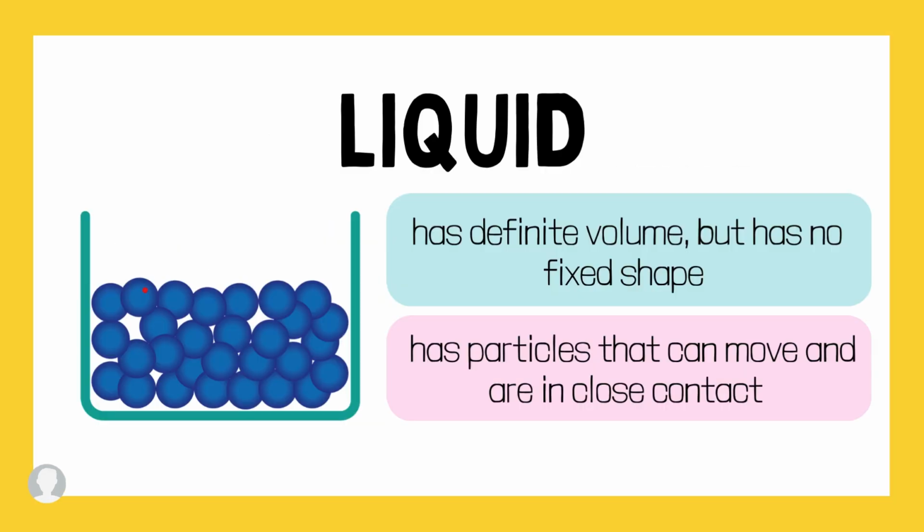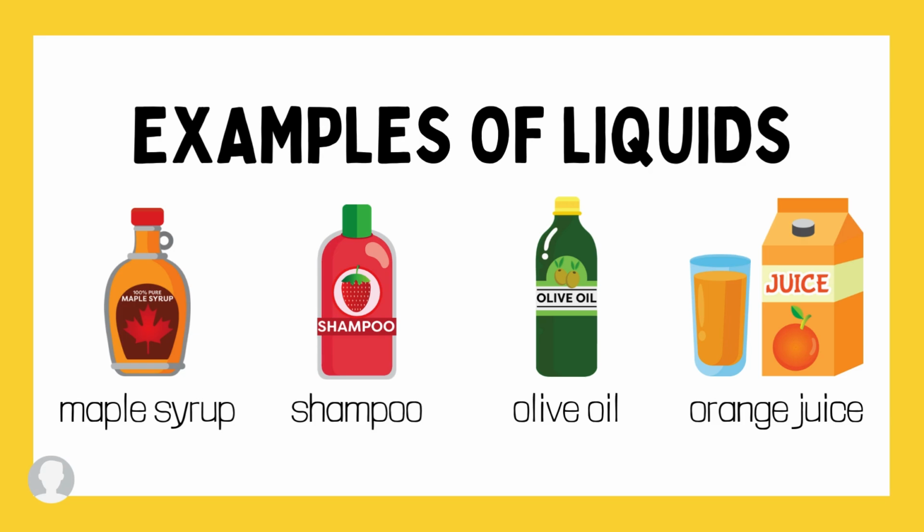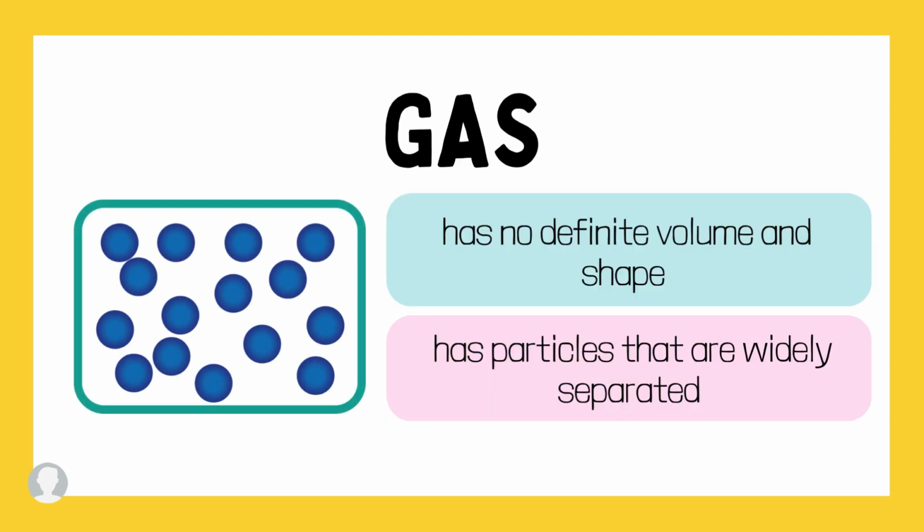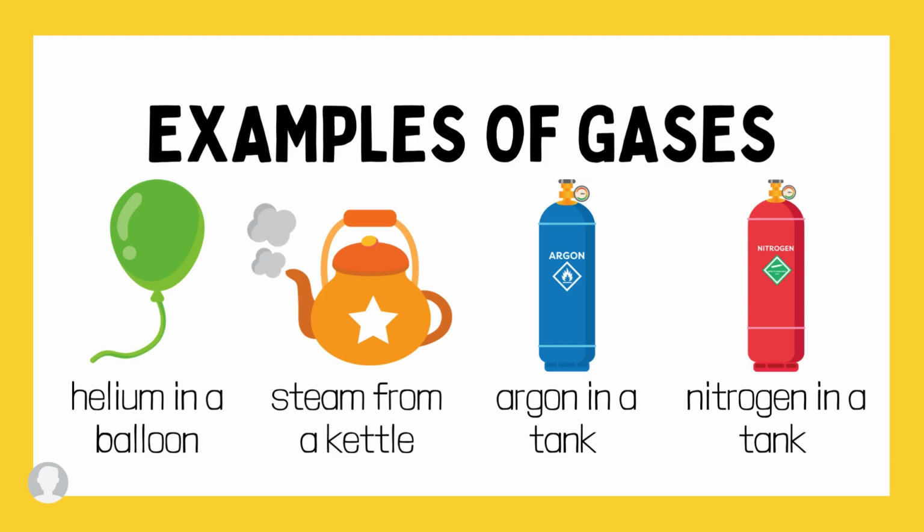Liquid. Liquid has definite volume but has no fixed shape. It has particles that can move and are in close contact. Syrup, shampoo, olive oil, and orange juice are some of the examples of liquid. Gas has no definite volume and shape. Has particles that are widely separated. Helium in a balloon, steam from a kettle, argon in a tank, and nitrogen in a tank are some of